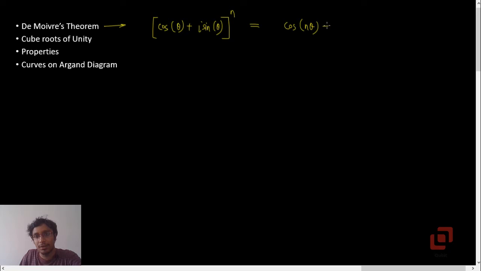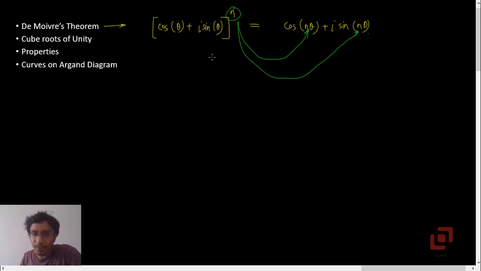Now we have this De Moivre's theorem, which basically tells the following. If we have the expression cos theta plus i sin theta, and if we raise it to n, then this is actually equal to cos n theta plus i sin n theta. Which means the power becomes the multiple. And this De Moivre's theorem is such a powerful technique. You can derive all your formulas from trigonometry from this.